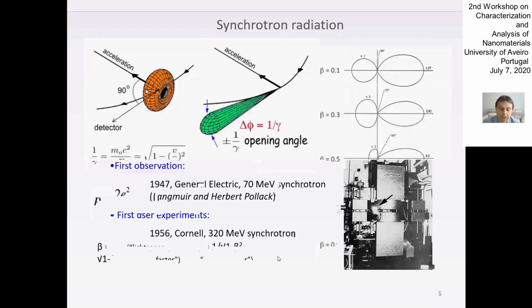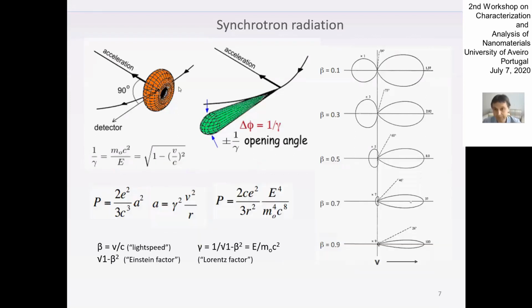important for some experiments, like with X-rays. And how does this emission happen in the synchrotron? We already know that a charged particle, like an electron, emits radiation, and usually the shape of this emission is like a torus. But when the speed of the particle increases up to the speed of light, or becomes relativistic,